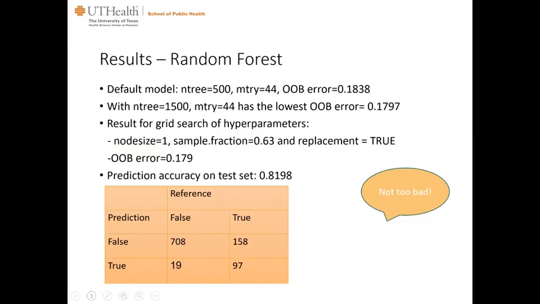For the random forest, the best model is with number of trees set to be 15,000, and the number of variables at each split is 44, which is our default value, and the node size is 1, sample fraction is 0.63, and the replacement is set to be true. And with this best model, we had our lowest out-of-bag error of 0.179, and the prediction accuracy is